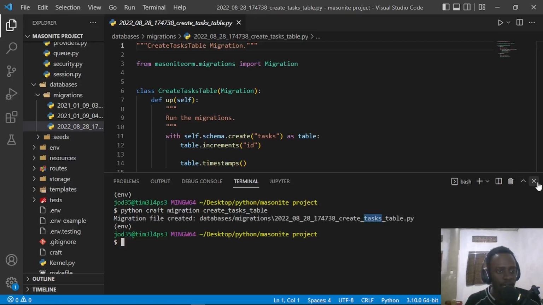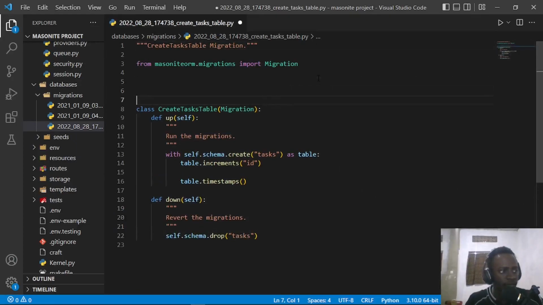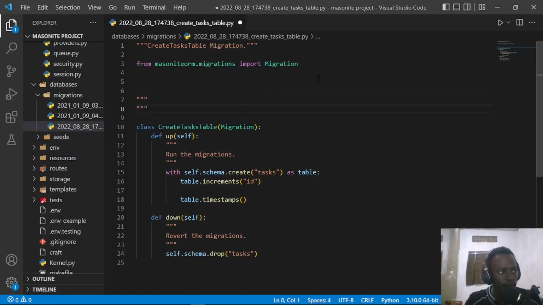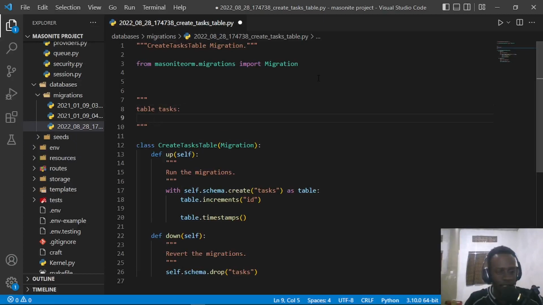Now let us go ahead and do this. So what I'll do is to go ahead and basically just document how we shall set up our database table. So I'm going to write a simple docstring right here, and what we shall have is table. So we're going to have a simple table, and this is going to be our table for tasks. So just going to say tasks, and these are the various fields that you may have. So we're going to have the ID, which is already specified right here,